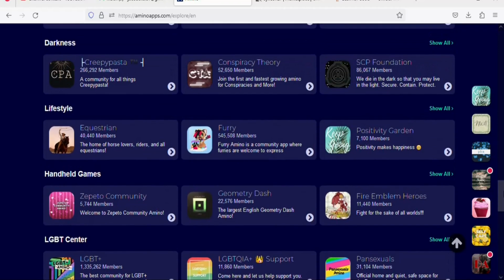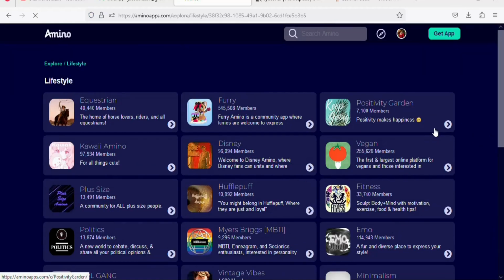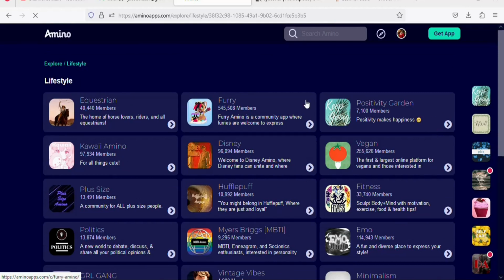In this case, we are promoting a weight loss product, so we are going to come under the lifestyle. So under the lifestyle, you can just click right here, see all, so that you can see all the communities in lifestyle. Once you click on it, you can see many communities in lifestyle. You can see this one right here, plus size. That means those who are overweight. The members in the group is